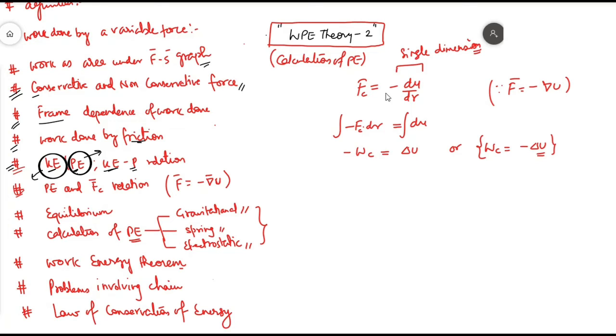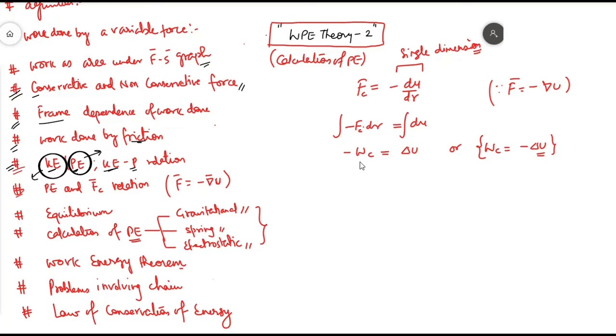So in general I have the general formula, Fc is equal to minus du by dr, that is basically coming from F is equal to minus gradient of u. So if u is a single dimension function, I can just replace that gradient or that partial differentiation with minus du by dr, where r can be either x, y, z or anything like that. Okay, so in this case I can write minus Fc dot dr is equal to du,